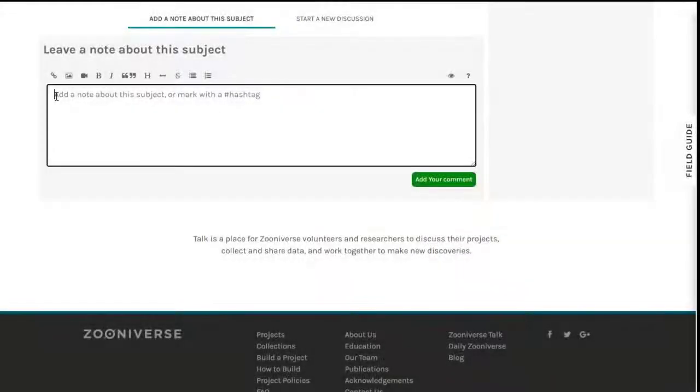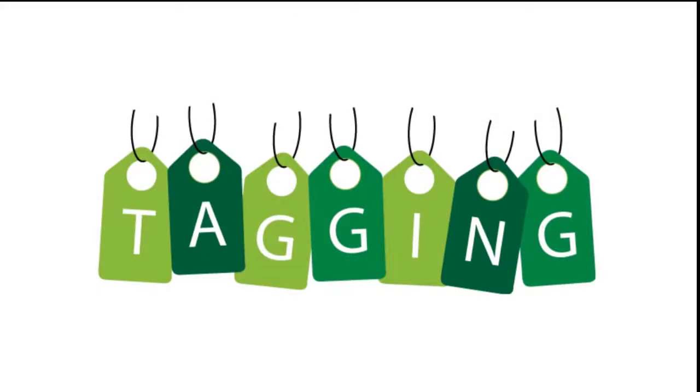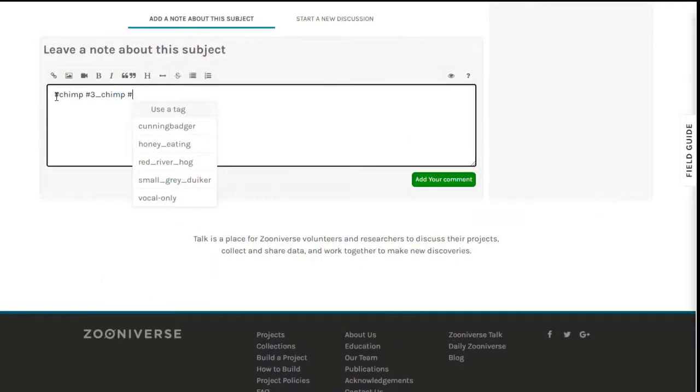This tutorial describes how to add keywords to video clips you watch here on Chimpanzee to help us collect and organize them. This process is called hashtagging, or just tagging. Tagging is one of the most important ways that chimpanzee volunteers can help us organize the thousands of video clips recorded at a research site. You'll learn how tagging works, how to tag videos yourself, and then how to search for videos using tags.